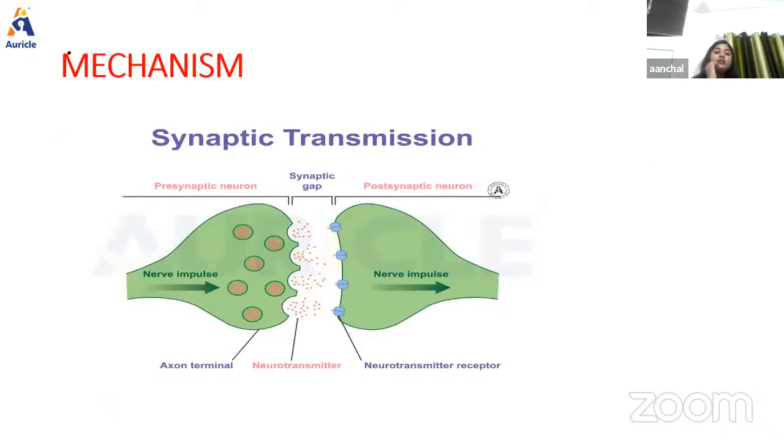Okay, next we have the mechanism of transmission. As we can see, here we have the presynaptic neuron, then the postsynaptic neuron, then here we have the gap junction, which is also known as the synaptic cleft. The presynaptic membrane has produced the neurotransmitter, for example acetylcholine, and here it has the receptors over which the acetylcholine is going to bind, and the receptors are going to open the channels, like sodium channel, potassium channel, right? So this transmission we're going to study with the help of the flow chart.